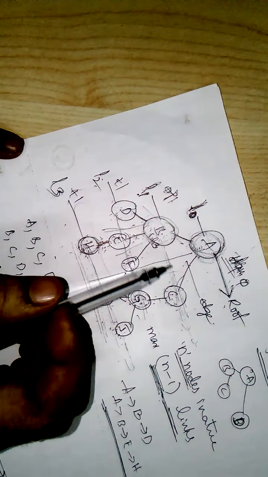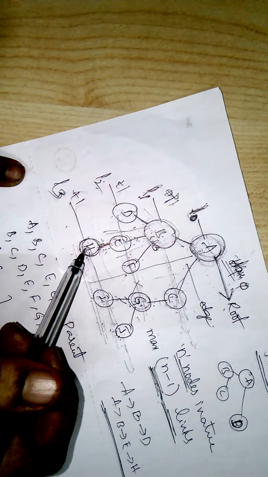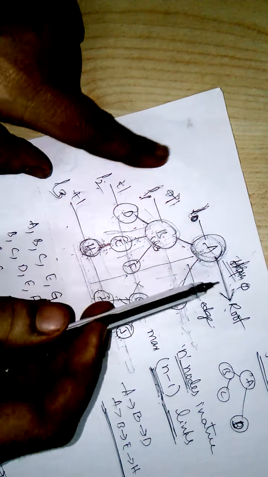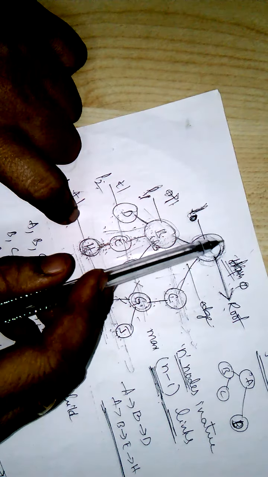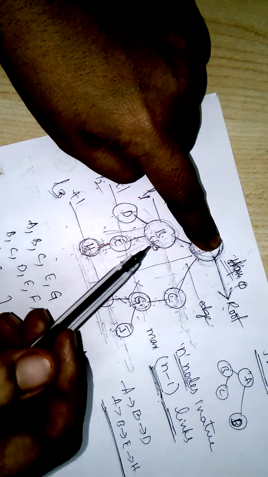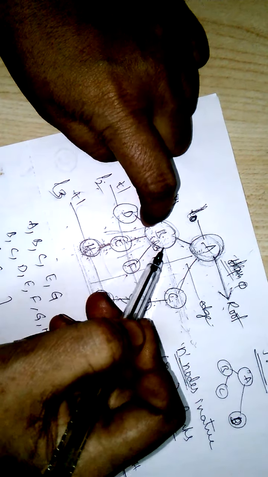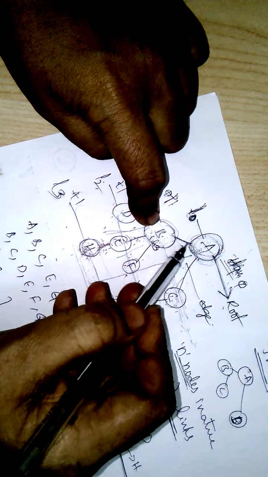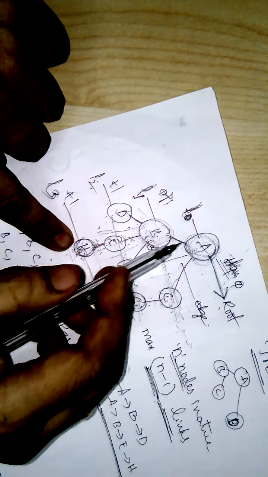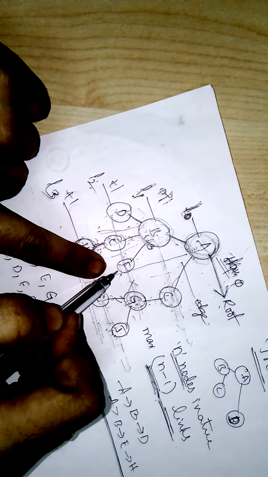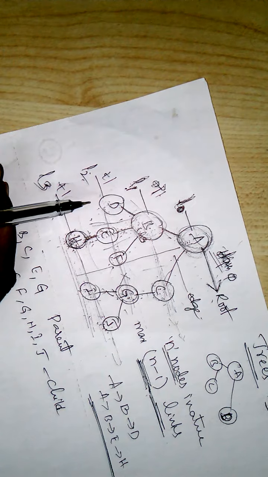Then what is the total number of edges from root to a leaf node or particular node? That is depth. So from the root, this is the root. What is the depth of A? It is the root, so the depth is 0. Then what is the depth of B? 1. Edges from root to particular node. What is the depth of H? 1, 2, 3. What is the depth of F? 1, 2. Okay, this is called depth of a node.